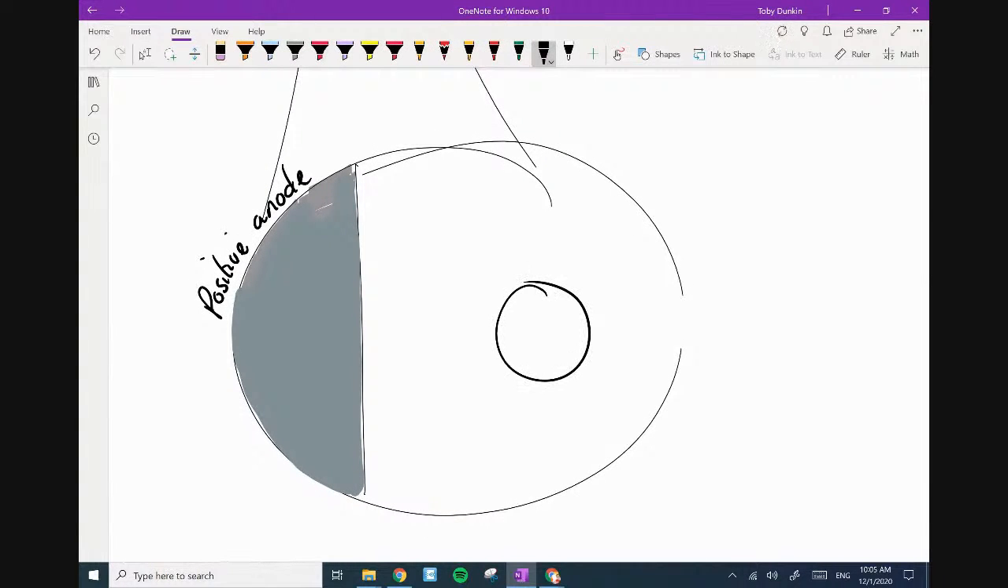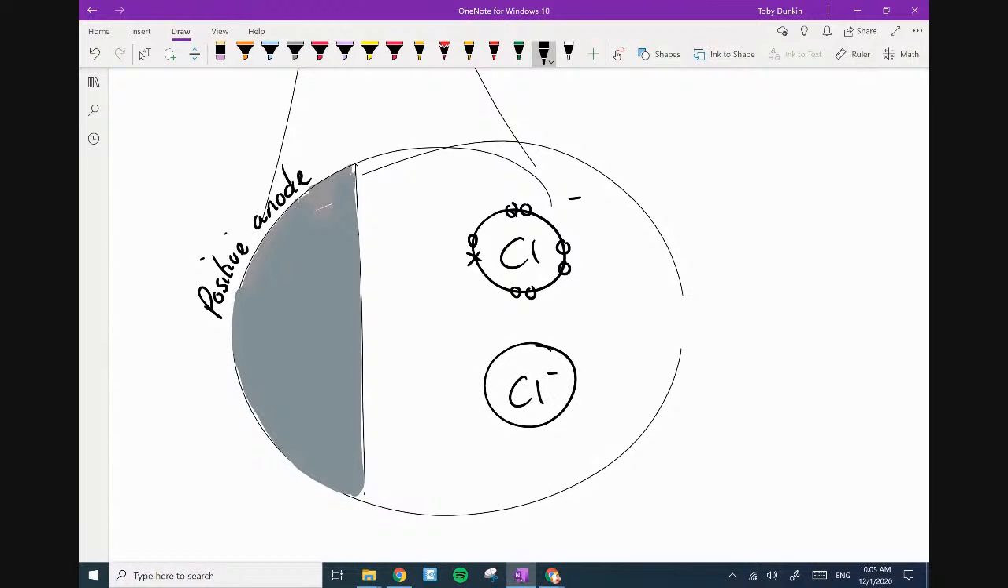We've got chloride. And in fact, let's draw two of them. So the chloride ion, now be careful, it's not chlorine, it's chloride. And here's another one. The chloride ions are going to be attracted towards the electrode. And when they strike the electrode, when they hit it,